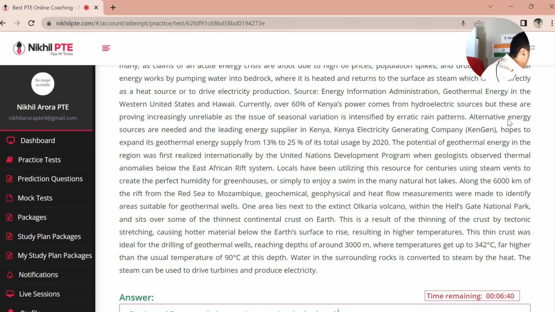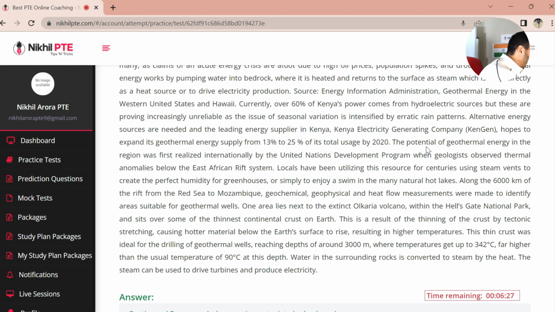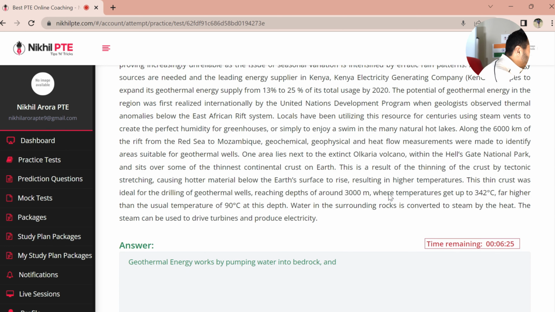You can use this one as well. The potential, yes, this one you can use. However, this line is big, no problem. One small line and one big line doesn't impact your scores, because we need to focus on 75 words. You should still write 75 words. Okay,